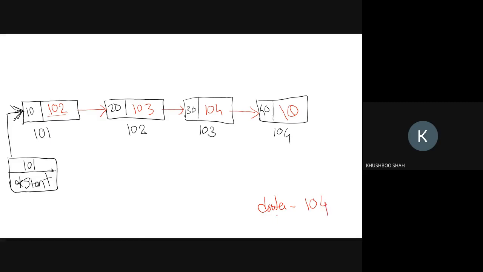Let's say the user is saying that my value is 104, which I want to update. So this is my old data. Then we also need to ask the user what would be the new data or the new value. The user is saying 108 is my new data. So first you need to take this information from the user.